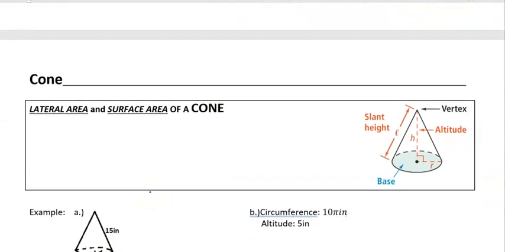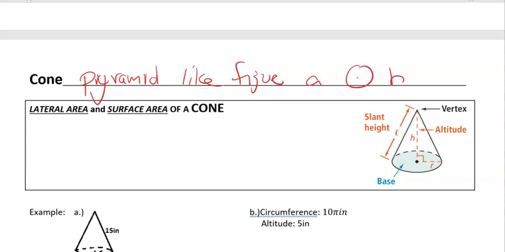It's kind of hard to come up with a definition of a cone. A cone is going to be, I'm going to write it as a pyramid-like figure with what? What's different? A circle base. Okay, I'm just going to flat out give you the formula, and you guys are going to have to show me how this formula is the same as the formula we just learned. Lateral area is going to be pi R L, and surface area is going to be pi R L plus pi R